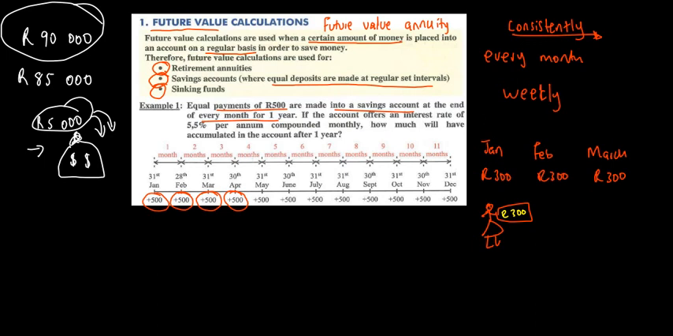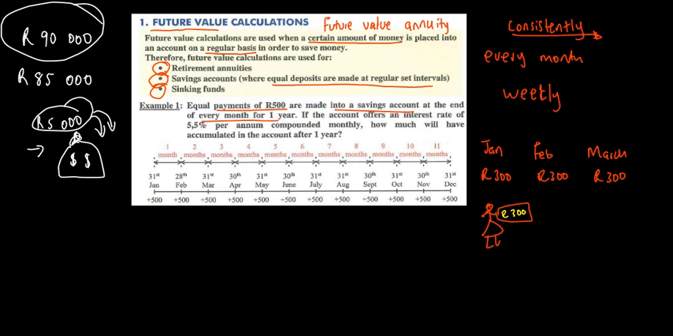Okay, let's finish off. So now, if the account offers an interest of 5.5% per annum compounded monthly, how much will be accumulated in the account after 1 year? So how would you solve this, good people? Remember,